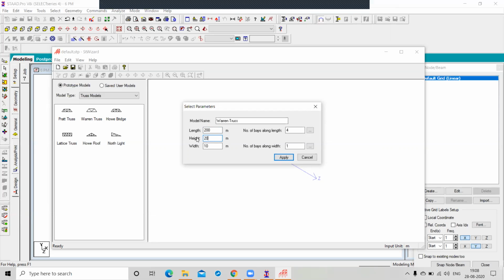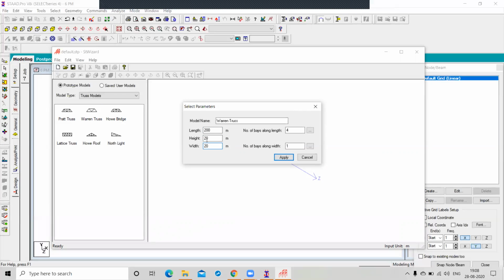Okay, you can go to 20. This is the truss, madam, not your building. Yeah, sorry, sir. So give the width. What was the width? How much? You can select the width as 20 also.